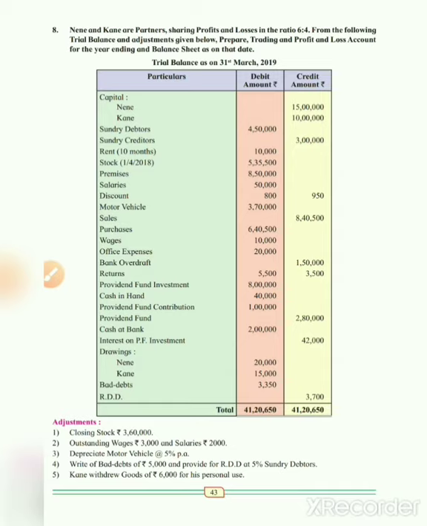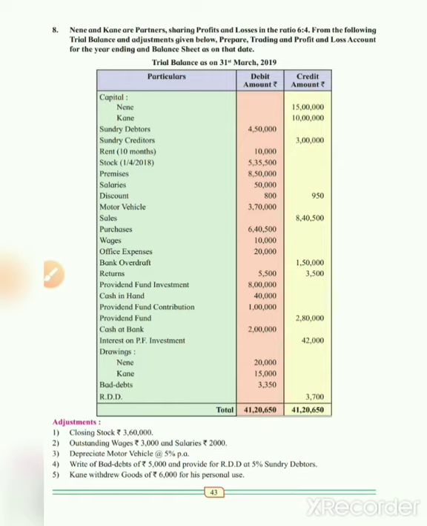We have been provided with trial balance. Look at this trial balance. We may observe that there is no current balance of partners. Only capital balances are given. It means this problem is based on fluctuating capital method. Here the amount of capital will change every year.